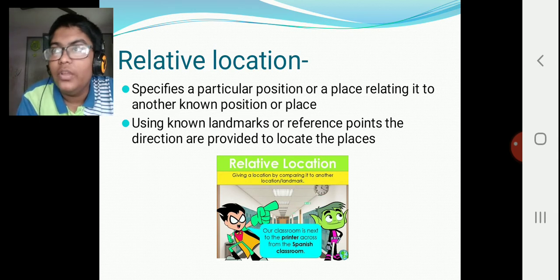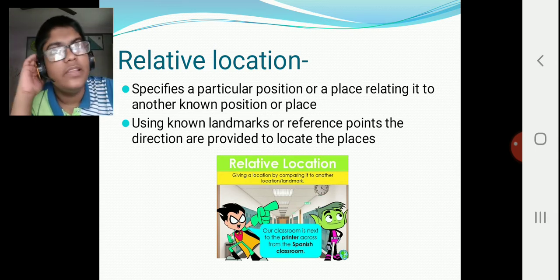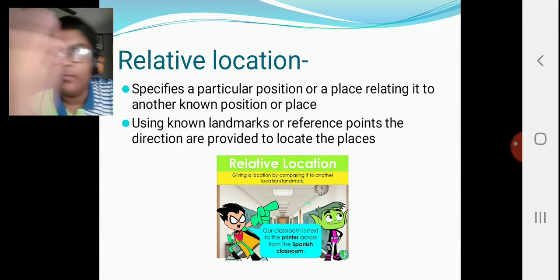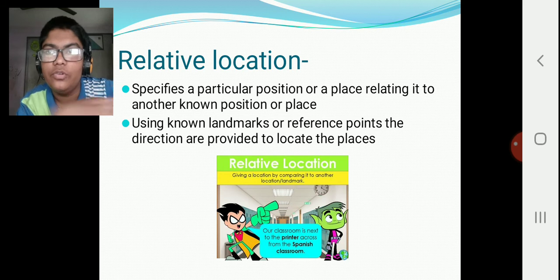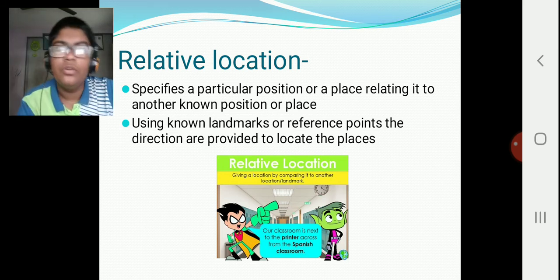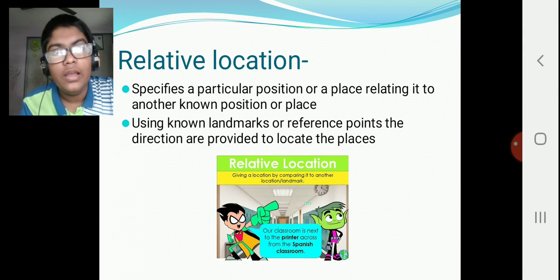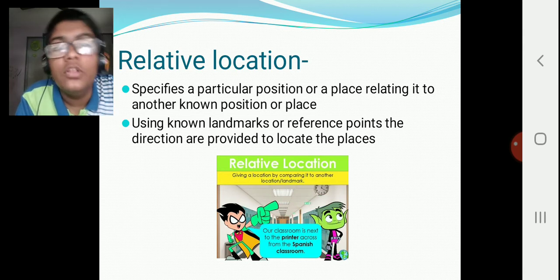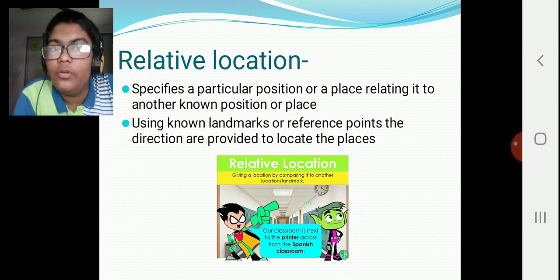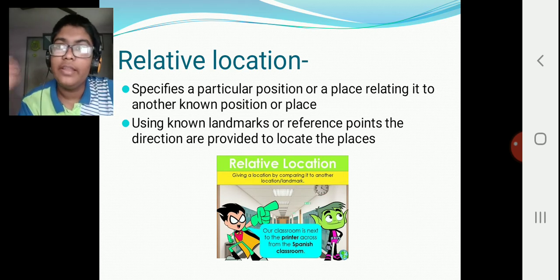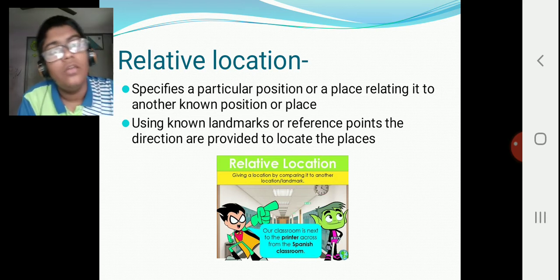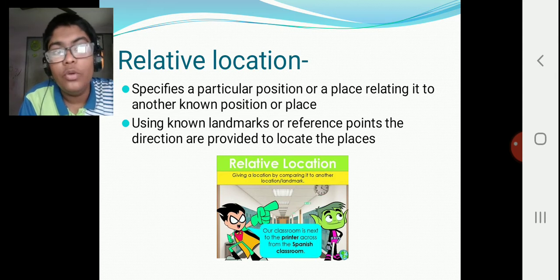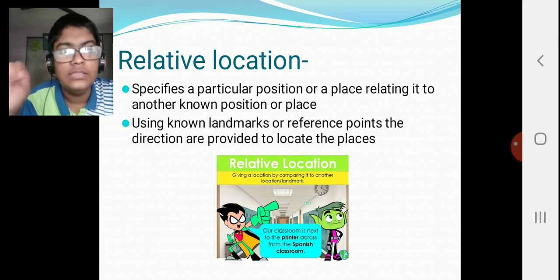Or if someone asks you where is Orchid school, you will say come to Dharmachapada. From there come ahead, you will come to Azad Nagar, there you take a left and then go straight. There is a slope, so go down. Just opposite to that slope is the Orchid school. In that way you understand this location. To understand where that location is, you give another known, very famous or very easily spottable location. This is done by using known landmarks or reference points, as we did just now.